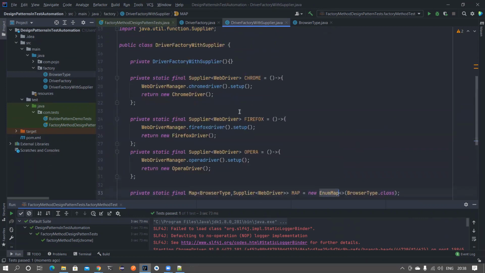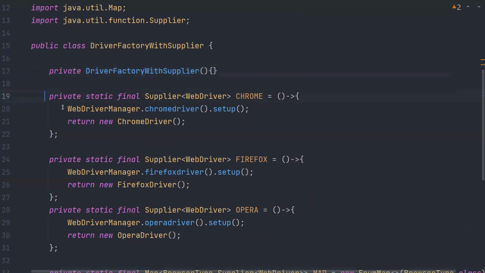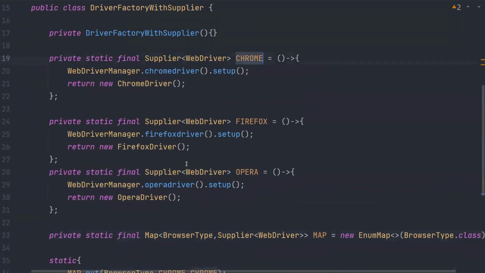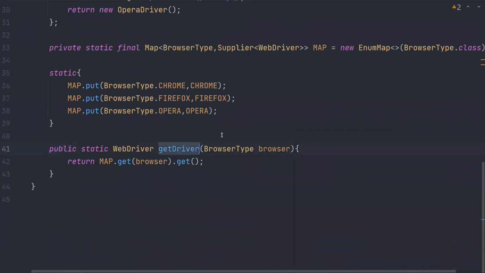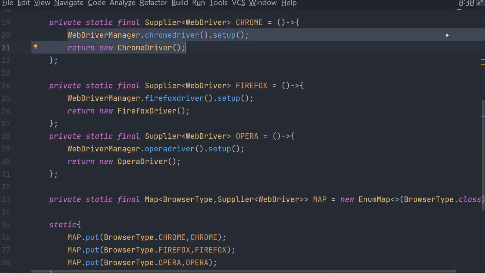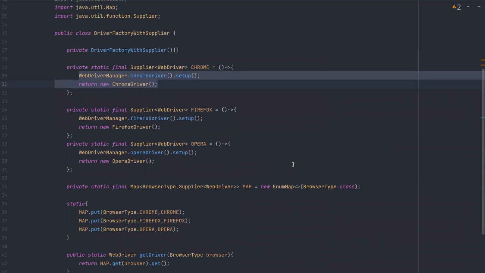So let's go through the code once again. If you notice, we have created a driver factory with supplier. We have shielded the constructor with the private access modifier, because we don't want someone to create an object for this, because all these things here are basically static variables, so you can directly access them. And then we are only exposing the static method get driver, and this also accepts a browser type, that is an enum. So if you pass Chrome, we'll give you the Chrome implementation of this. Okay, so we have moved the logic of instantiating the driver to an external cache, and now the code is much more readable than before. So this is what we want to achieve in test automation, right?